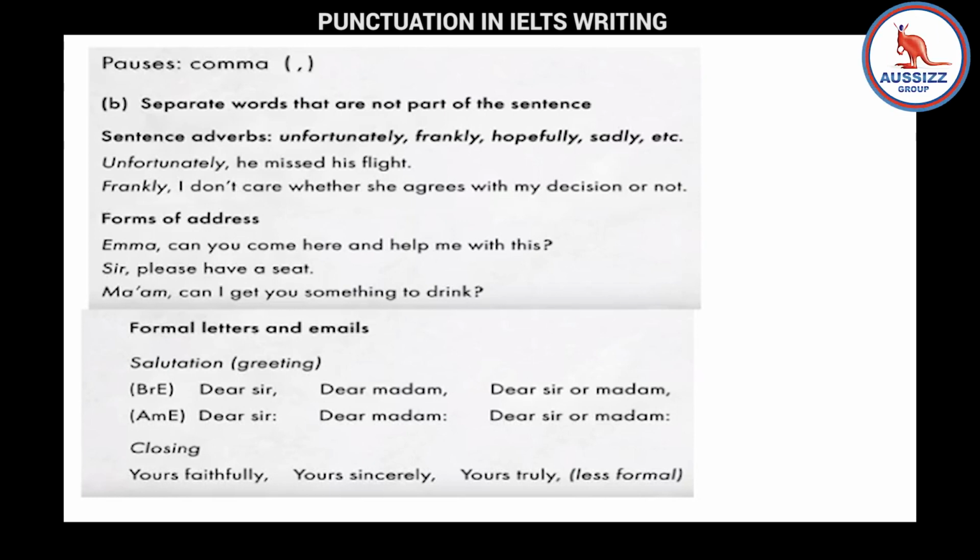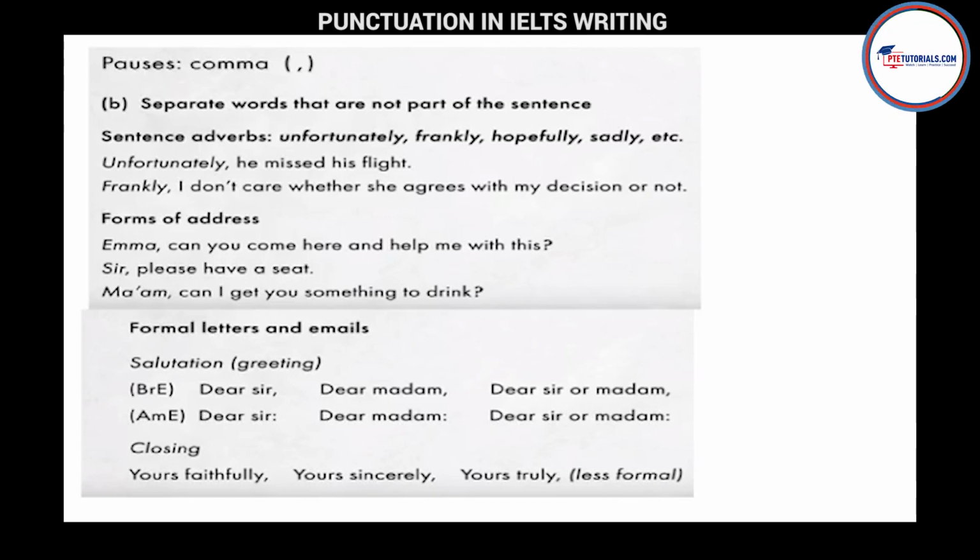So the next word is hopefully. Hopefully, we'll have our meeting soon. Hopefully you'll be coming to my place and we'll meet up. So these are the things we can say.